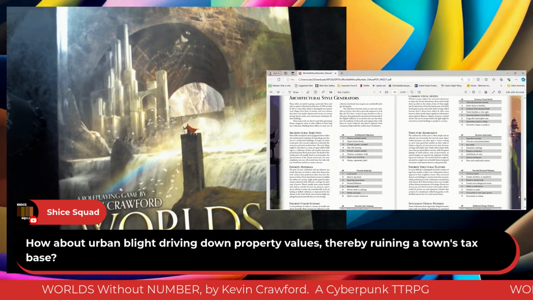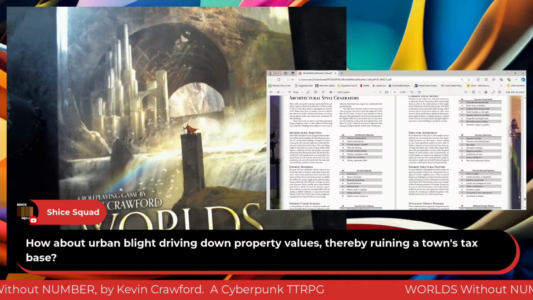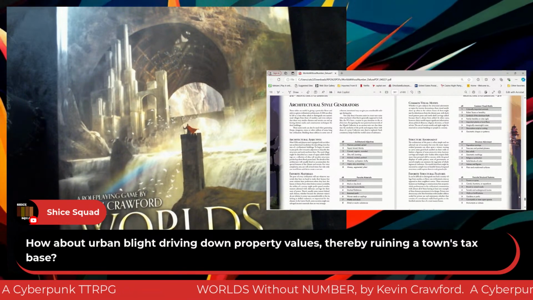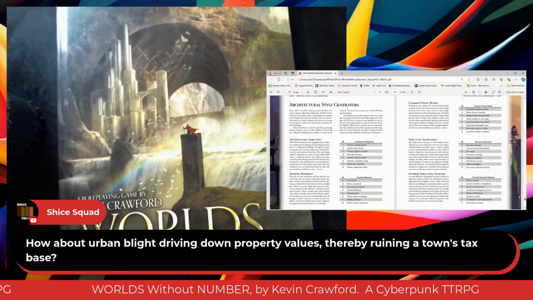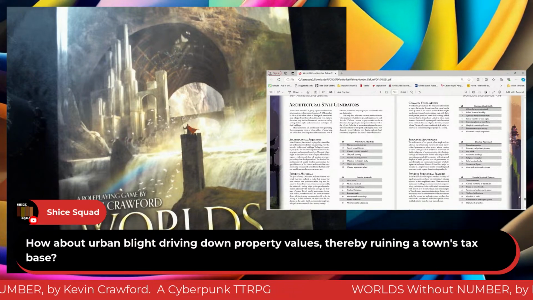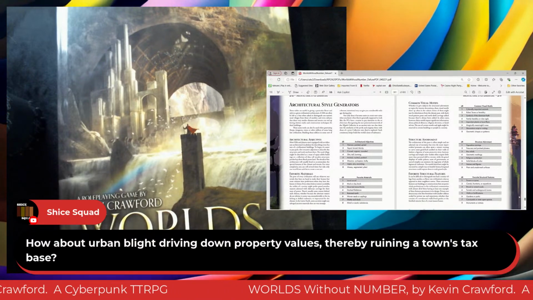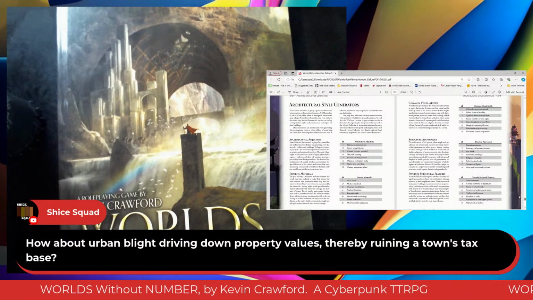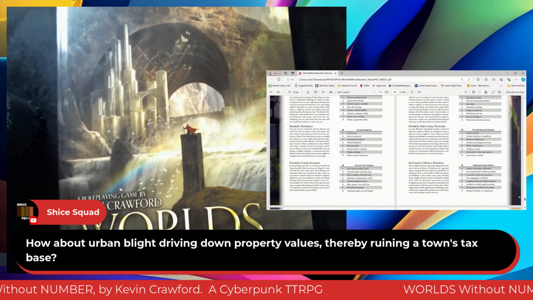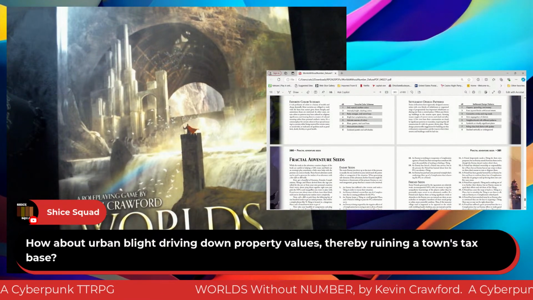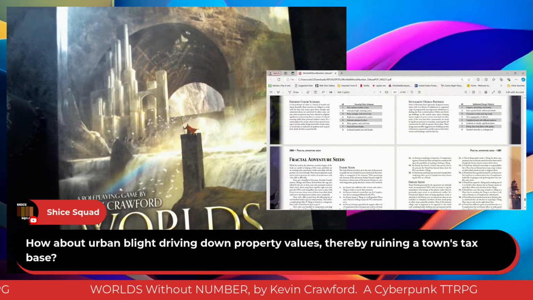Architectural designs. Maybe you've got 3 coastal cities and you want each one of them to be different because they were, I don't know, the 3 settlers from a far land or something, and you're like, damn, I keep coming up with fishing village. Maybe I should come up with something different. So, structural, visual motifs, structural features, architectural adjectives, favorite materials, and so on. Settlement designs, color schemes, and then a whole bunch of fractal adventure seeds.